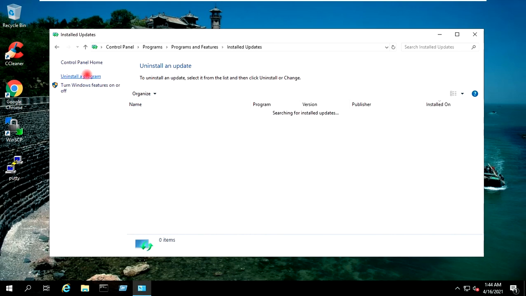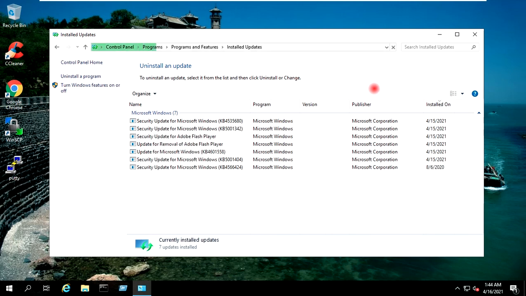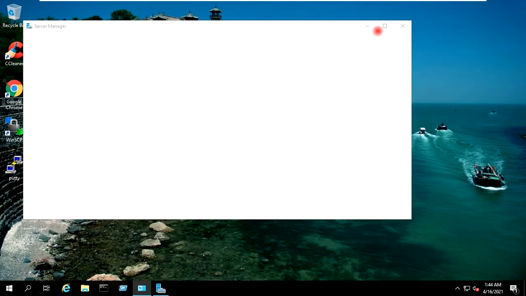If I go to view installed updates, these are all the pre-installed patches which we got from the previous system through the ISO. I will minimize this.